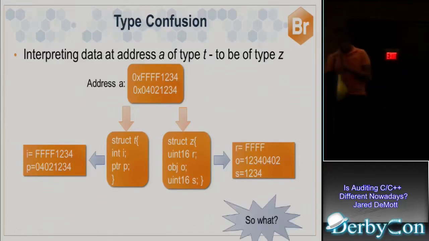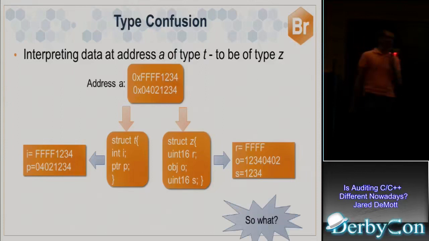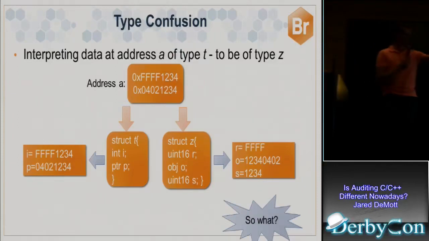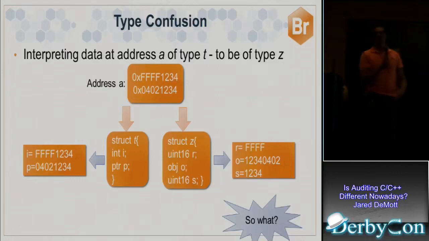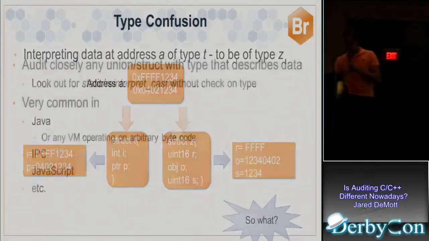So what? Why is that a big deal? Why does it matter that we somehow cast that data into some other format that it shouldn't have been? Because maybe if that was user-controlled data or something, maybe this object is now going to get dereferenced, or we can somehow have one of our 3 exploit primitives, read, write, execute, based out of that.